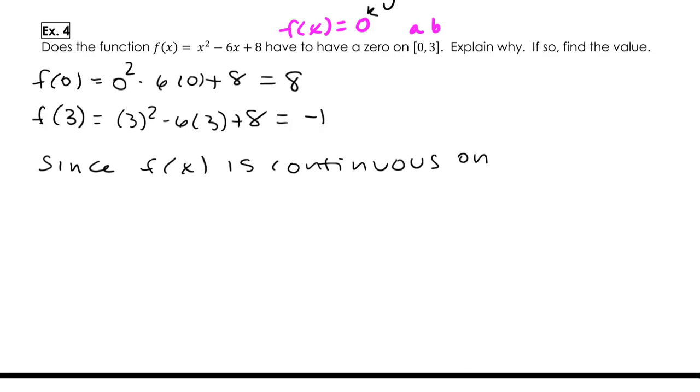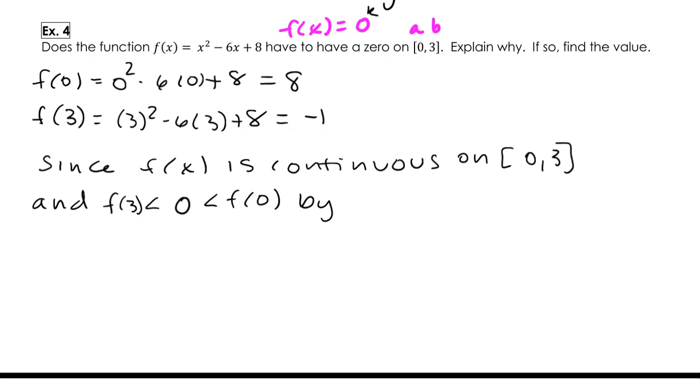If we want to say, because the theorem says on AB, we can go ahead and write that if we want. We could have also just left it as because f is continuous everywhere. So since f is continuous and 0, remember K is between f of A and f of B. K is between these values, the -1 and the 8. By the IVT, there exists